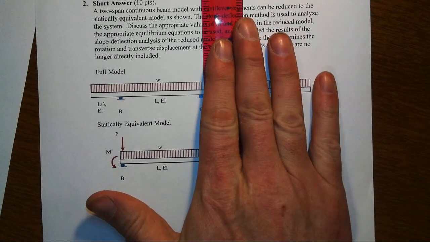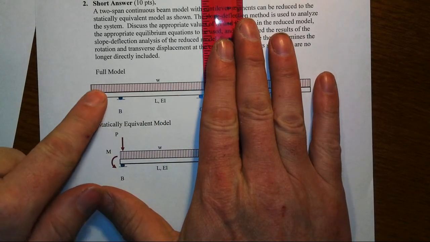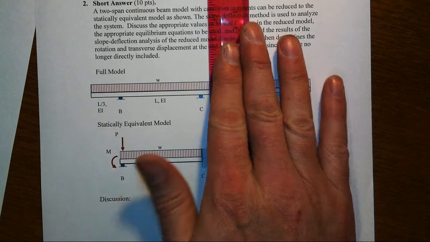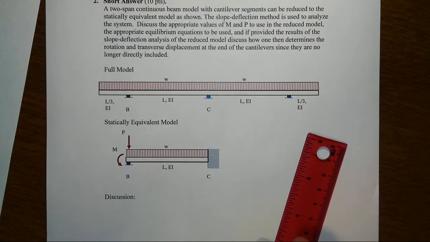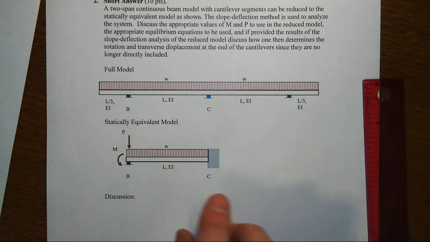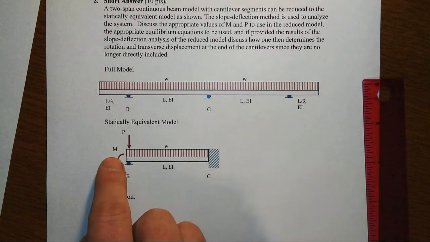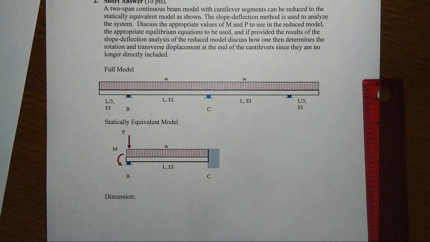And so let's say we're going to take a look at the left-hand beam, and then we can reduce that model further by getting rid of that little cantilever, leaving us the statically equivalent model that is still indeterminate down here below. We're asked to find the appropriate values for M and P to use in this reduced model, and